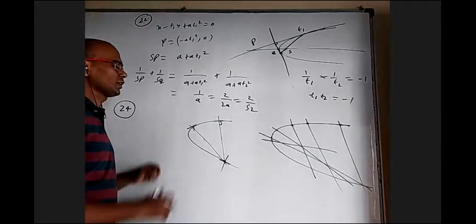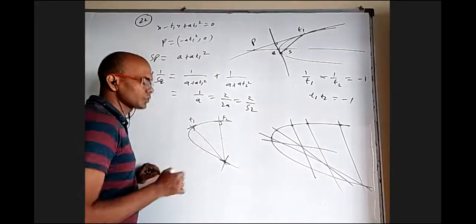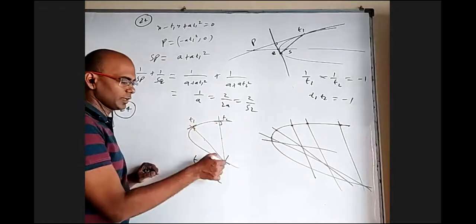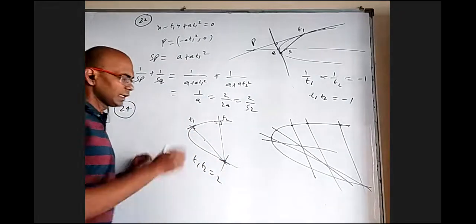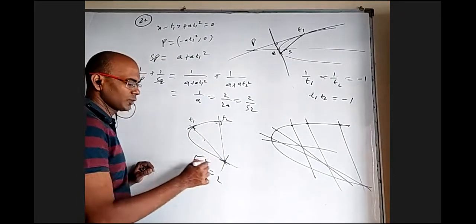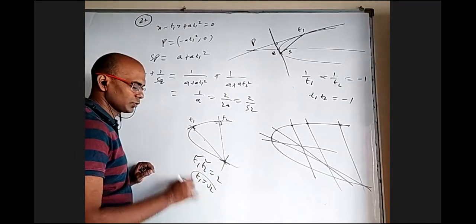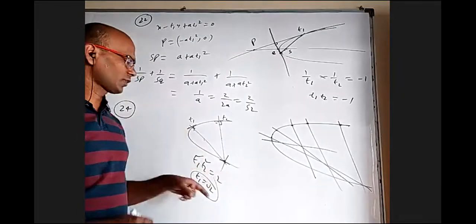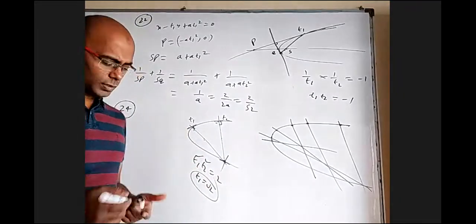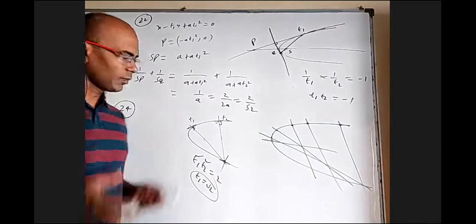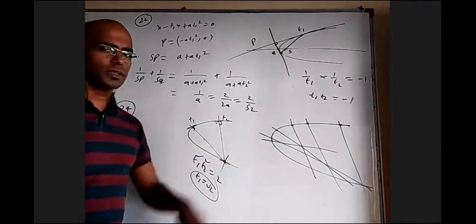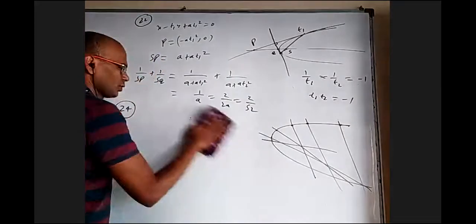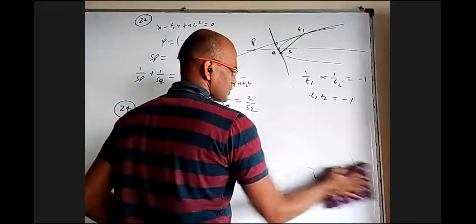Okay. We know if this is T1 and this is T2, then T1 T2 should be 2, because if normals at T1 and T2 intersect on the same parabola, this is the condition. If these two should coincide, T1 and T2 should be equal. So then we'll get T1 equal to root 2. You take T1 as root 2 and find the corresponding T3, and then you can find the length and you'll get the answer. But I'm not satisfied about why it is least when these two are equal; there should be some explanation. So I'm not depending on that. I'll just go for the process.